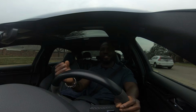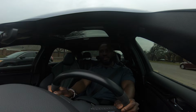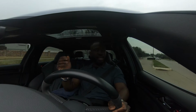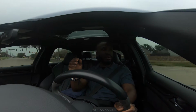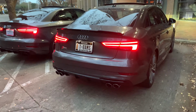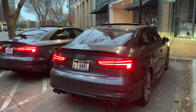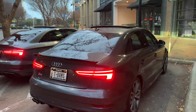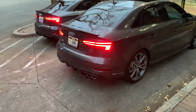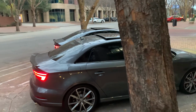So why the 2018 Audi RS3? Have you guys known the new one is coming out in 2022 or 21, the new facelifted S3s on the 8Y platform? So this is an 8V platform. The 8Y platform, we don't have that yet. So I'm trying to do a comparison of the current outgoing 8V platform in the US compared to the upcoming 2022 8Y platform, and what the difference is. I know there's a plethora of videos, but trust me, this one is more in depth